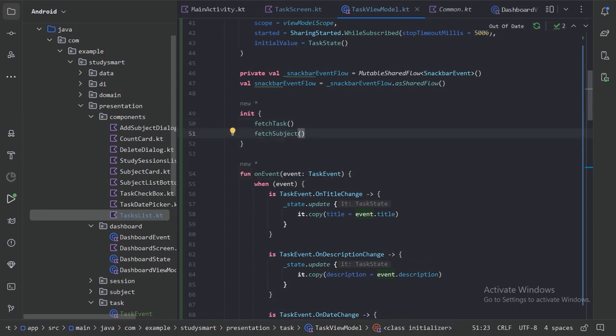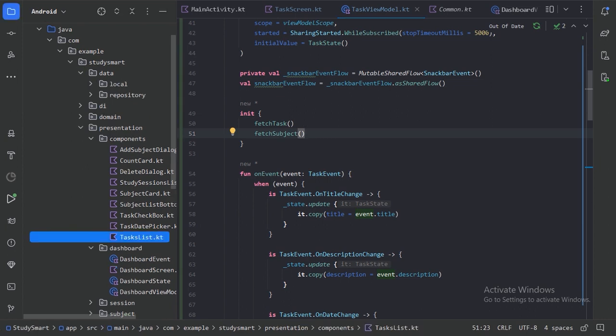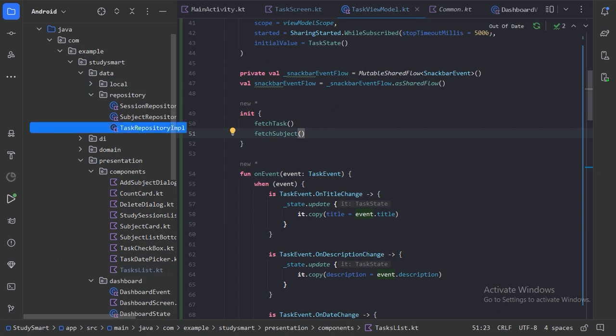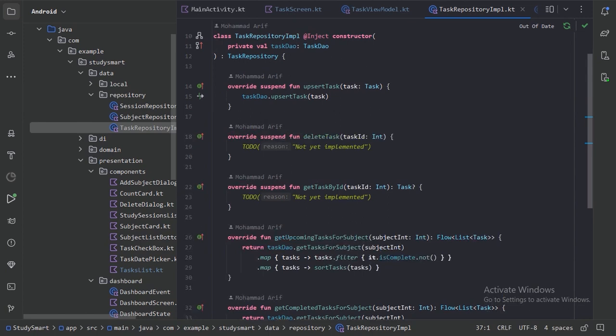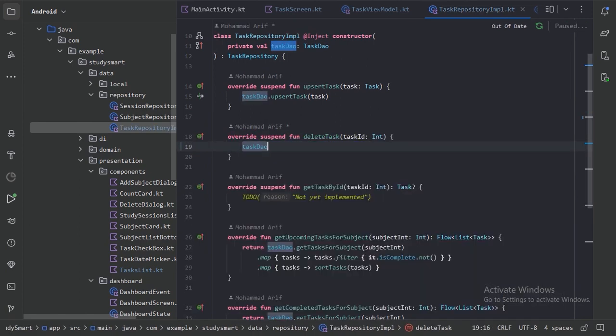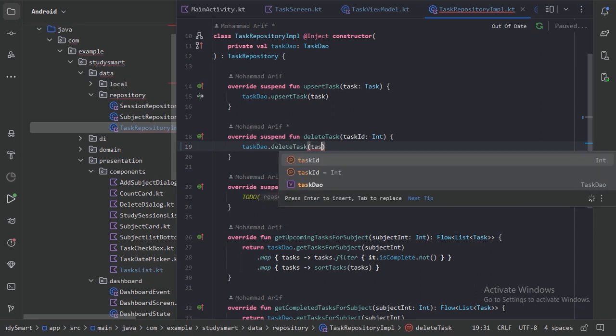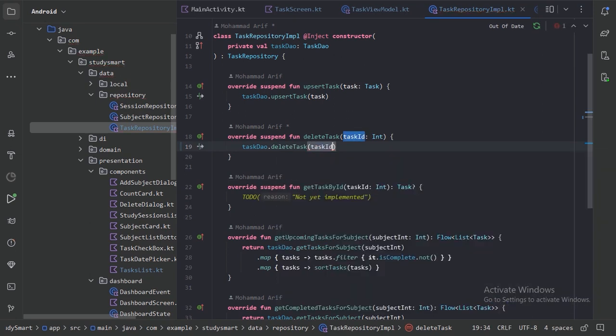One more thing, let's also check the implementation of these functions. So let's go to the data package and repository and task repository implementation. So here these two functions are not implemented. So let's use task DAO dot delete task and with the task ID. And here again,